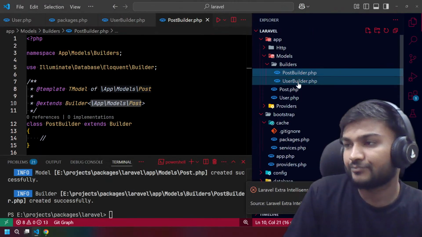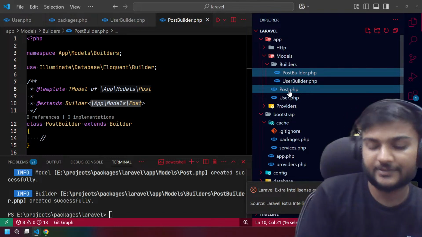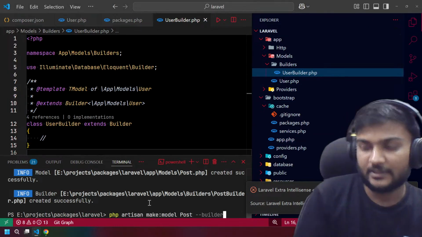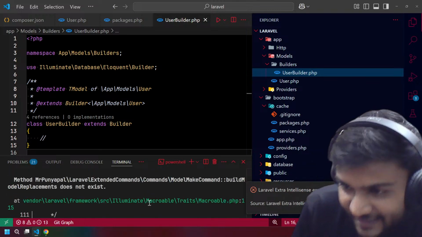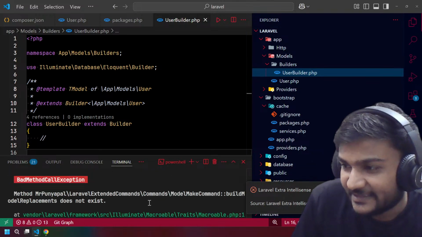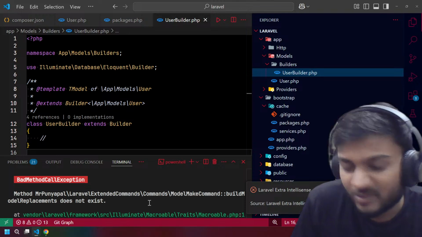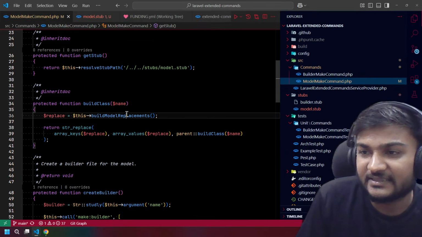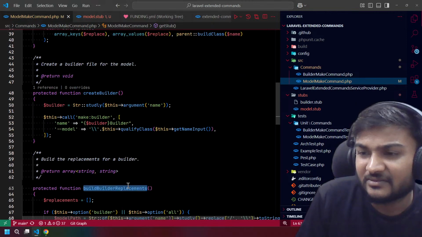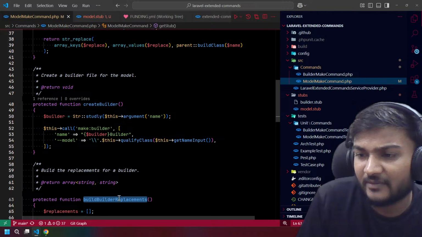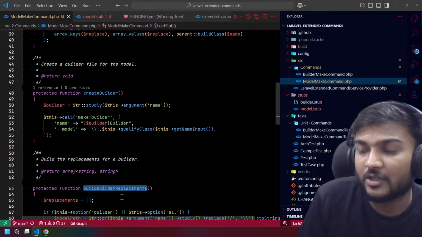Let's delete these two things and run it again. And yeah, we have the error. Builder. Oh, right. It's saying that we don't have a builder replacement, but we have a build model.